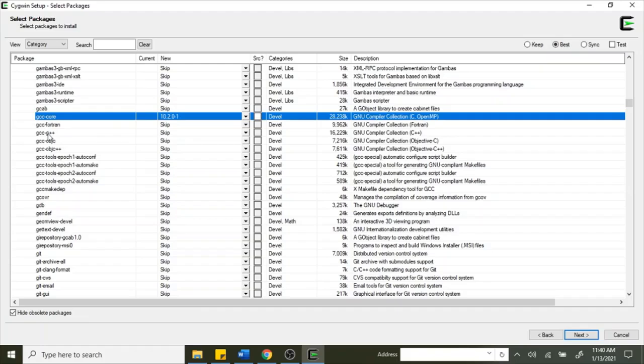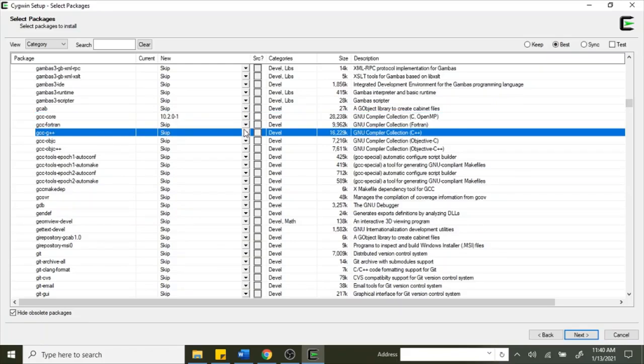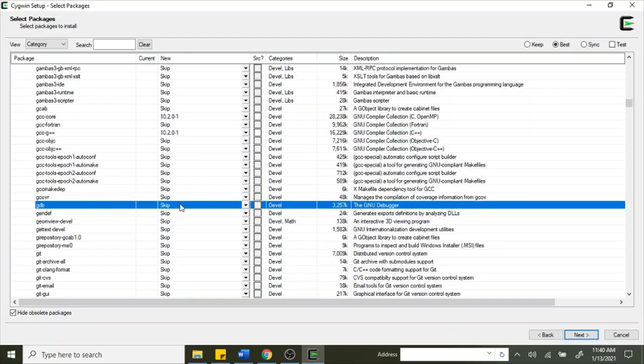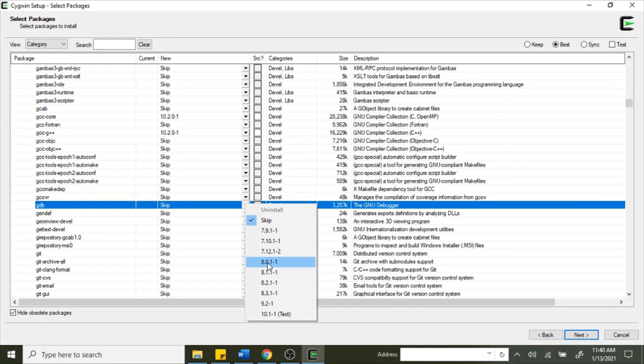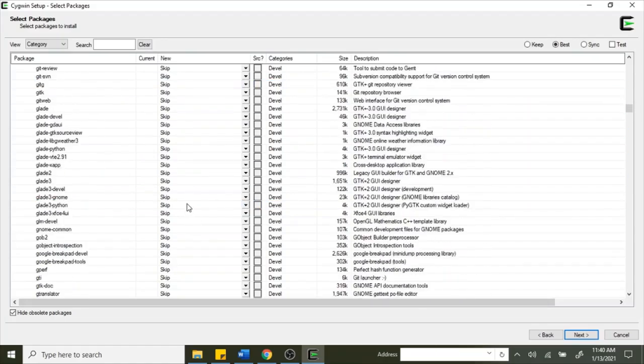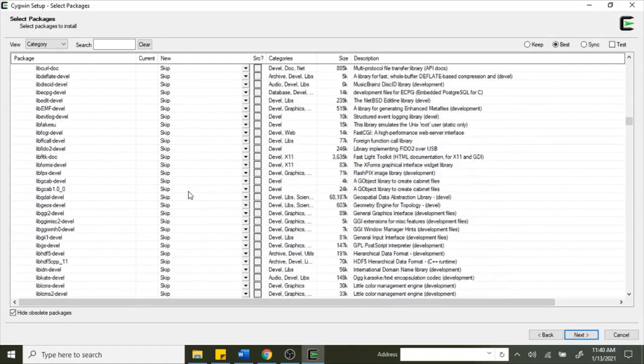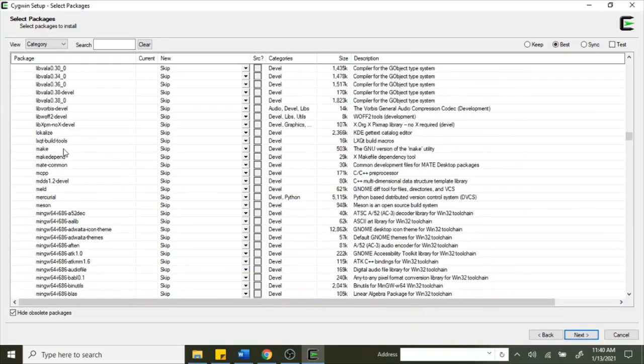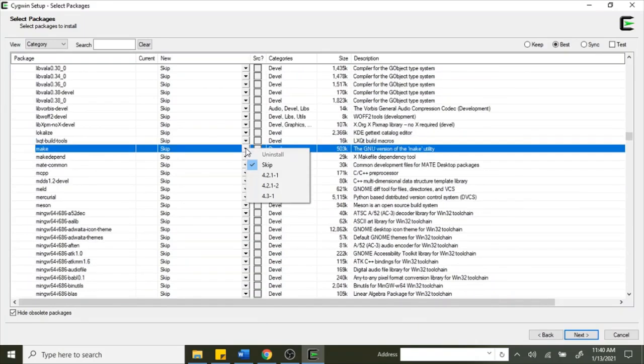I need the GCC G++. I'll do the same thing there. GDB, I guess I'll do the one before the test here. And then I need the make, and I'll do the latest one here as well. So those are all the 4 that you need, and we'll just hit next